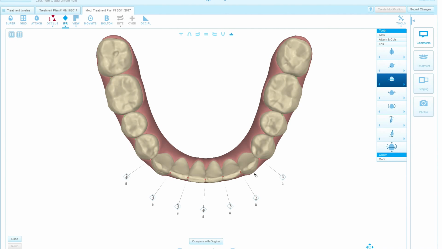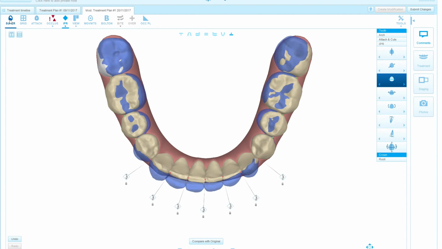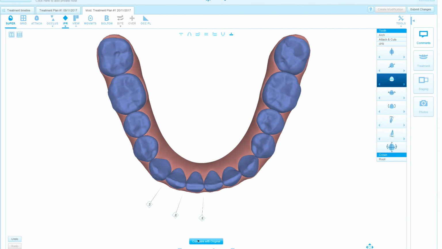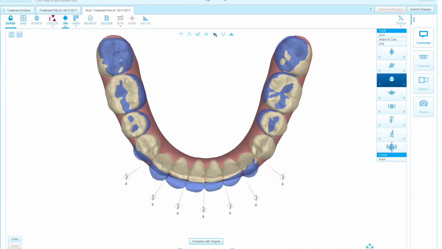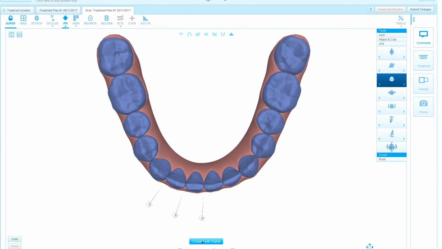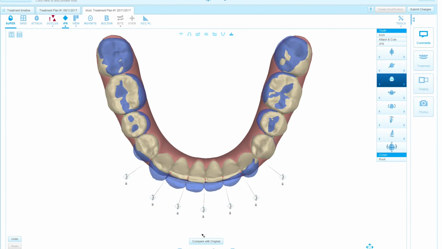Okay, so in this case, if we compare with the superimposition, you're going to see, from the beginning to the end, that this IPR is going to be used by me to retrude the lower incisors, because I need some overjet in order to retrude also the upper,